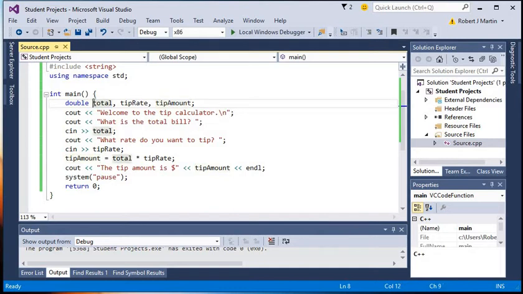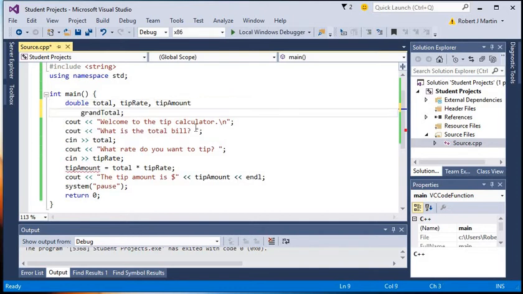So I've got 3 doubles right here, and so I might be thinking to myself, that's a lot of variables declared with one statement. So I could say, well, maybe 4 is my maximum. So I could add it right here, and I could say grand total. That's perfectly fine, right? It's not off the edge over there, but you might say to yourself, maybe I only want to have 3 on one statement, so I can create a brand new line, and I can say double